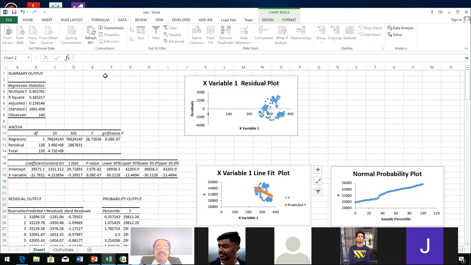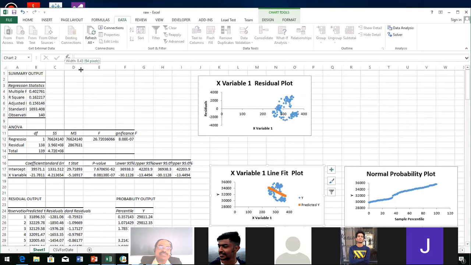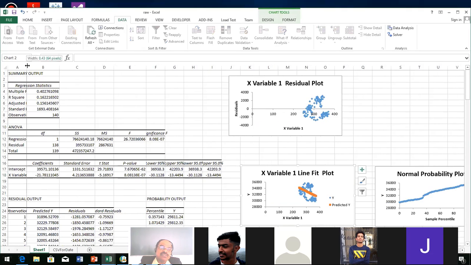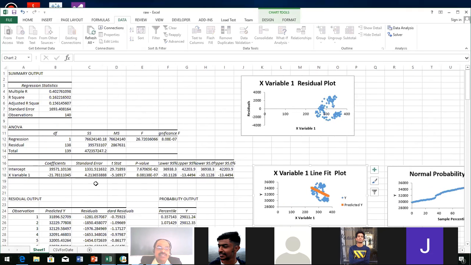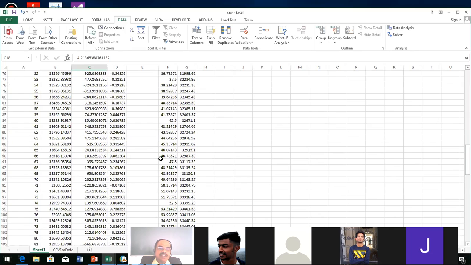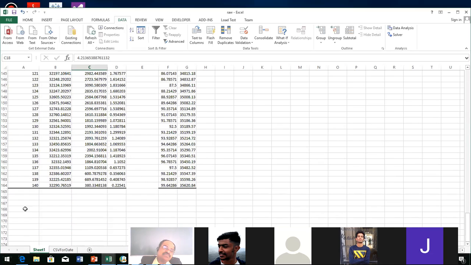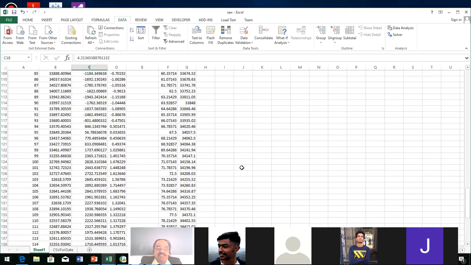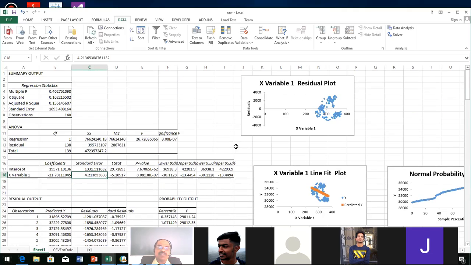Don't worry. You can see I have never used SPSS or eViews for that one. Those who wish to calculate the beta value, this is the standard error and the p-value is here. This is the beta value. So this is the easiest method of calculating the beta value. You can see the residual plot, normal probability plot, everything will be displayed. Even the relationship for 140 days, the estimation will be coming.